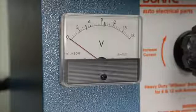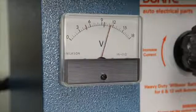If the voltage is less than 12.6 volts, or the battery fails the automatic battery test, repeat the charging cycle and